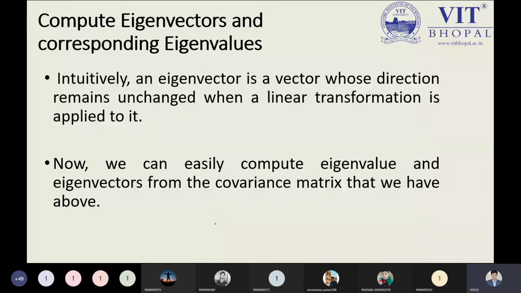So what is an eigenvector? An eigenvector is a vector whose direction remains unchanged when a linear transformation is applied to it. From this point, I will not discuss how to calculate the eigenvector and eigenvalue; I will discuss the solution only, because in the examination I am looking at only calculating and determining the covariance matrix. I can ask an exam question in a simple way: determine the covariance matrix for our data set in a PCA problem.